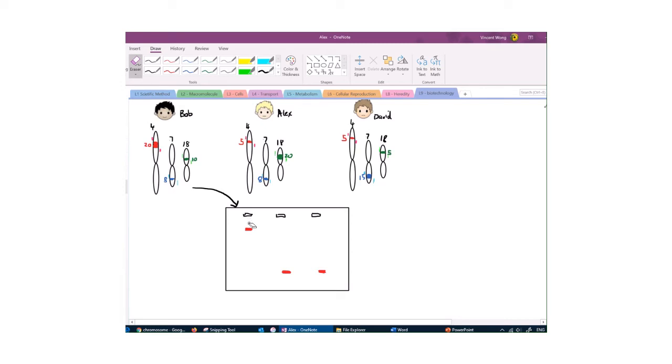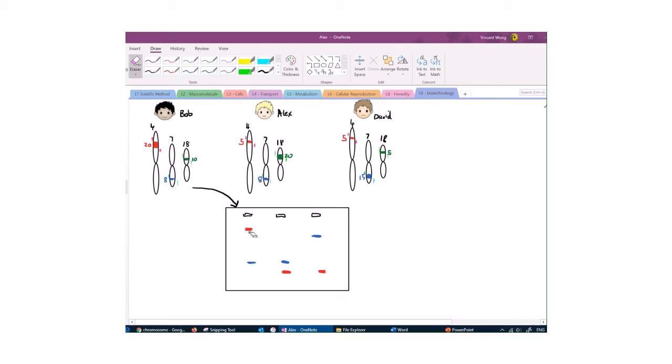So in the same sample, we would mix all these DNA clones that we created in the same lane, and we load them. For this location for Bob, this one is repeated 8 times, so it's going to be able to go down quite far in the lane, right? And for Alex, it's repeated the same number of times, so you will be able to see the same band in the same location. And for David, it's repeated much more, almost twice as many times as Bob and Alex, so that one is going to be higher up in the lane. Okay, the longer DNA is going to be closer to the well. And when you load the last